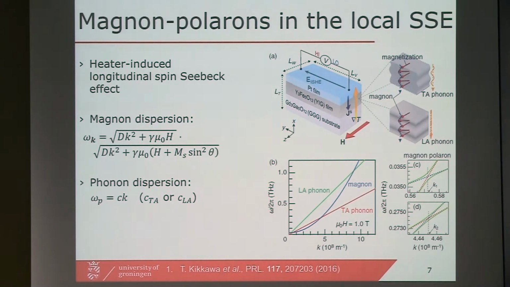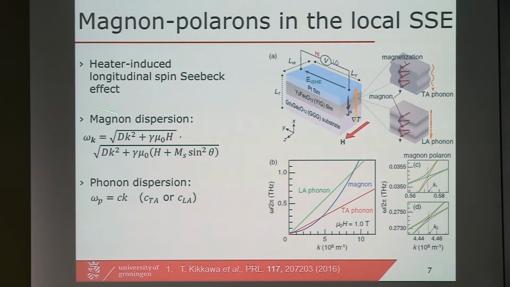All right, so magnon-polarons in the local spin-Seebeck effect. And what I mean when I say local spin-Seebeck effect is always the heater-induced longitudinal spin-Seebeck effect, where we have this stack or bilayer stack, as I just described. So yttrium iron garnet platinum, usually on a GGG substrate, and via the external Peltier heating and cooling elements, which are not drawn here, you can apply an out-of-plane temperature gradient. And if we now look at the